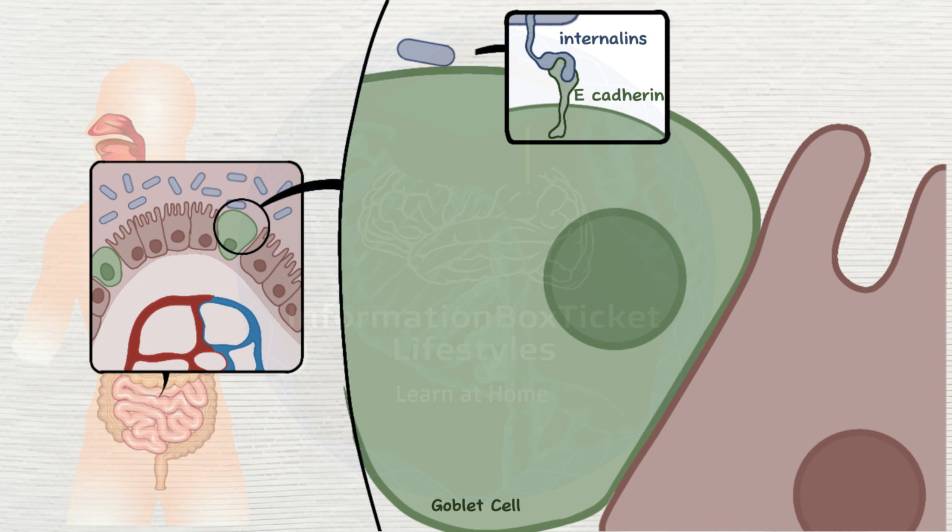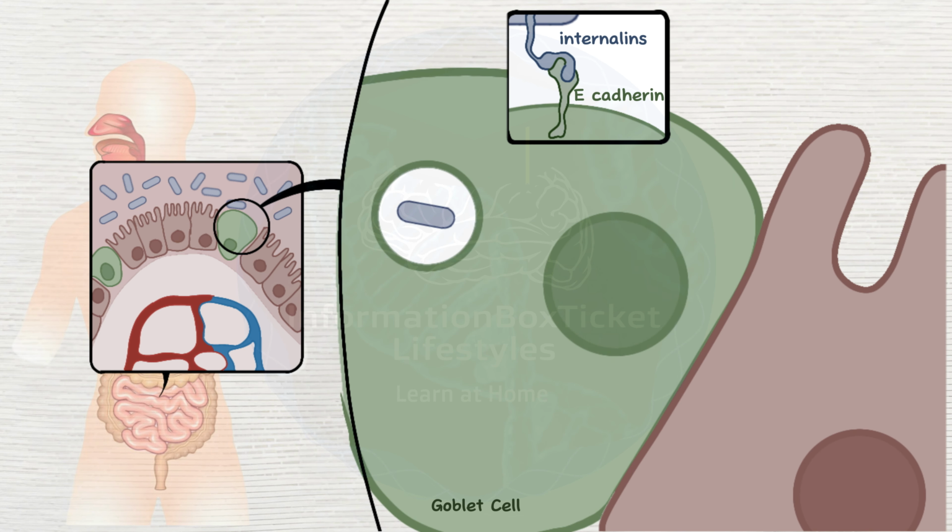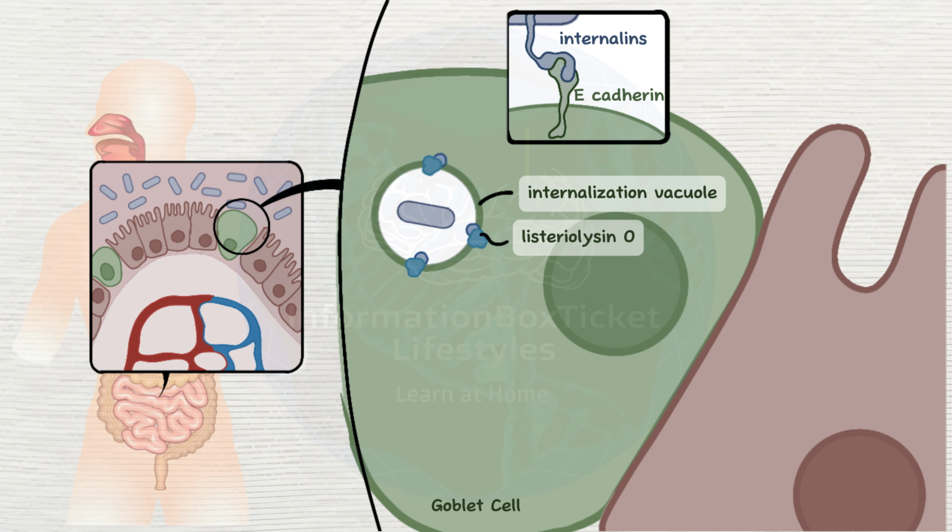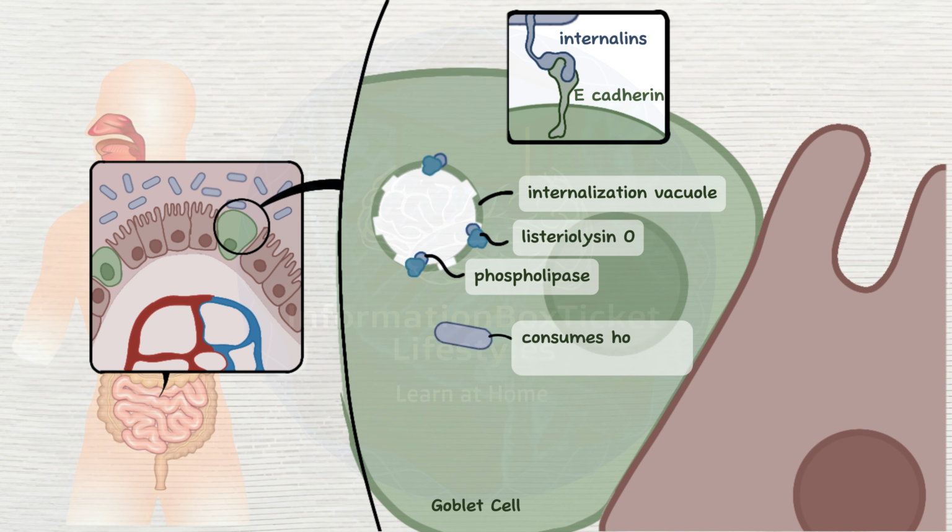After connecting to the host's cells, this bacterium is gradually absorbed by the cell membrane, which invaginates to create a sac on the inside. The sac then splits from the cell membrane, generating what is known as an internalization vacuole. Inside the vacuole, Listeria produces listeriolysin O and bacterial phospholipases, which are enzymes that break down the membrane. This releases the bacterium into the host's cell cytoplasm, where it begins to consume the host's cell resources and nourishment